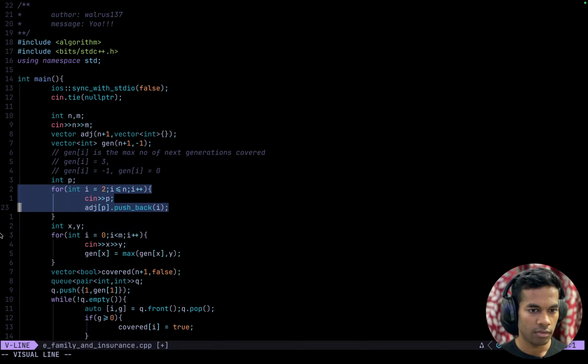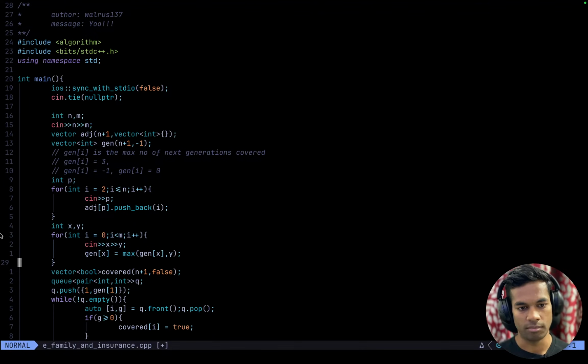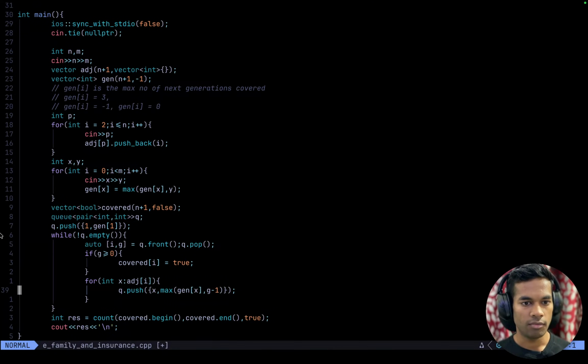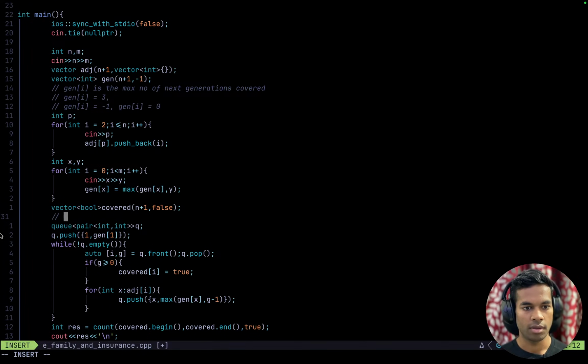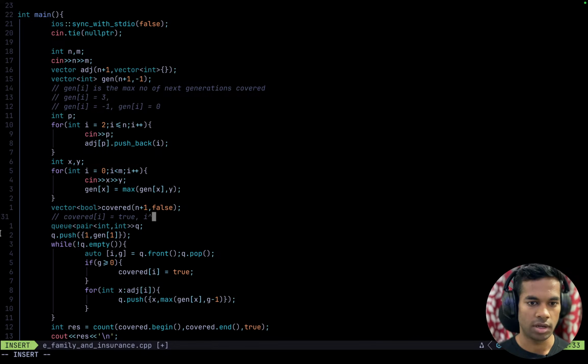And then here we fill our adjacency list, and here we are filling our generation list. Then we have a vector of covered, where if covered[i] is true, that means that ith person